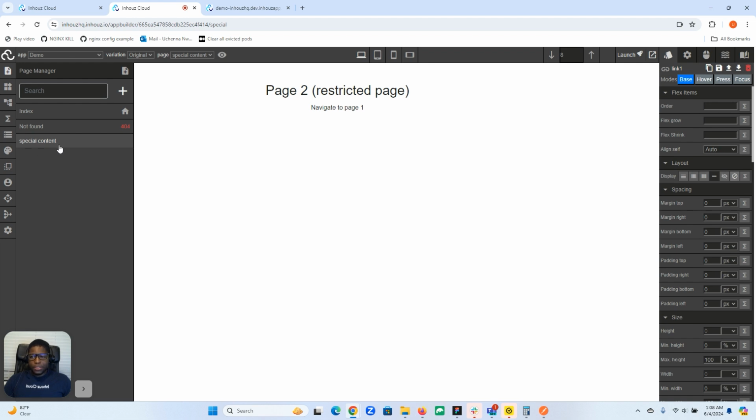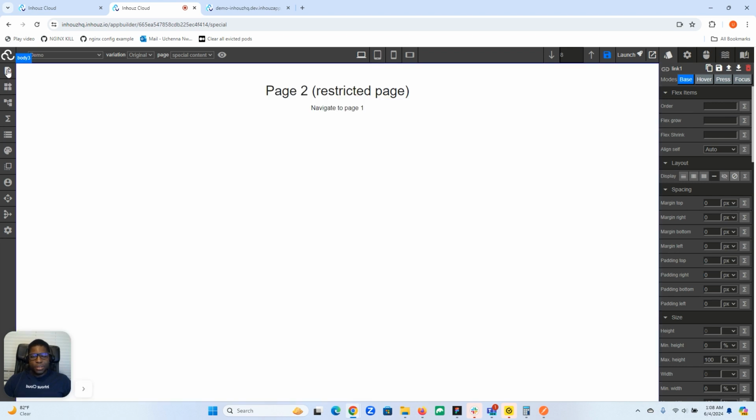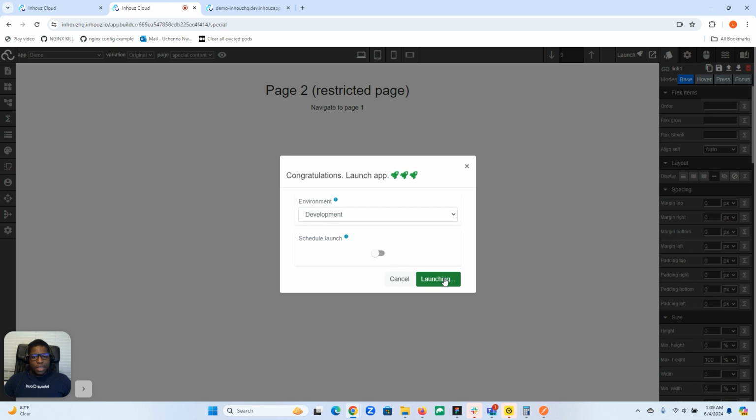All we need to do is just go into that page and scroll down to the security section and see where it says restrict page access. Turn that on. And just like that, this page is restricted. We're going to go ahead and save this. Now, within the app builder, all pages are accessible regardless of the restrictions, okay? But if we go ahead and launch this application